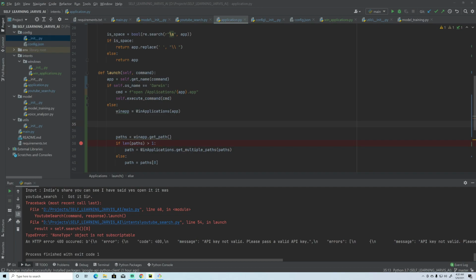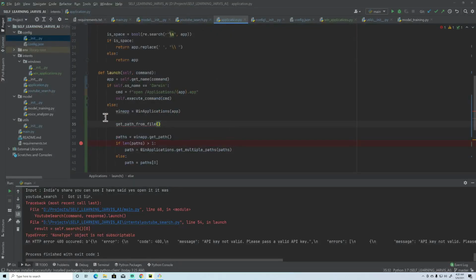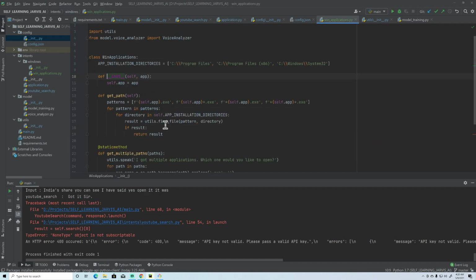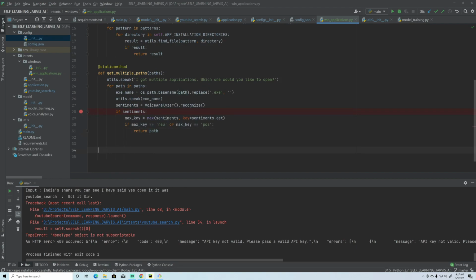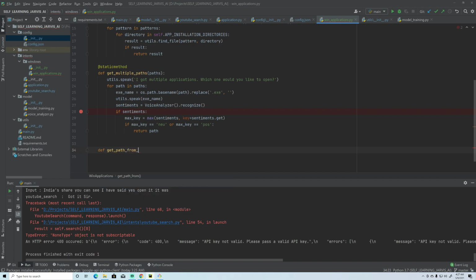I'm going to name that method get path from file, and app name is already passed, so we don't require that. So here def get path from file.